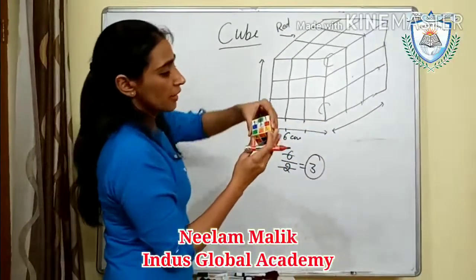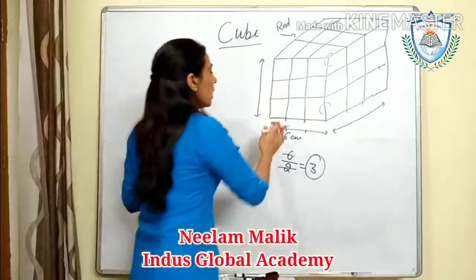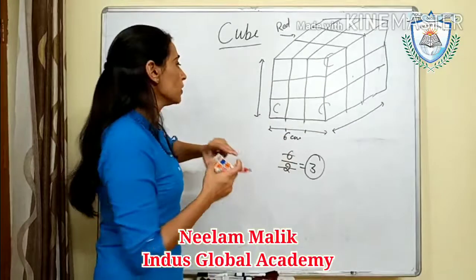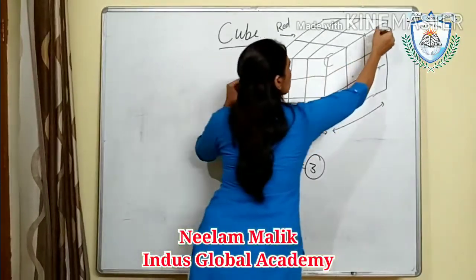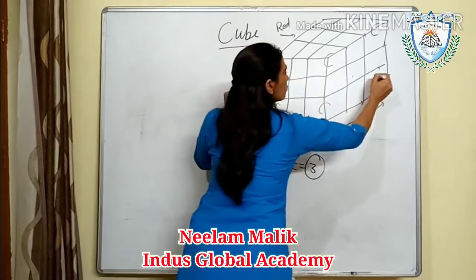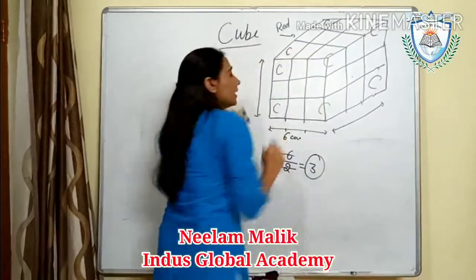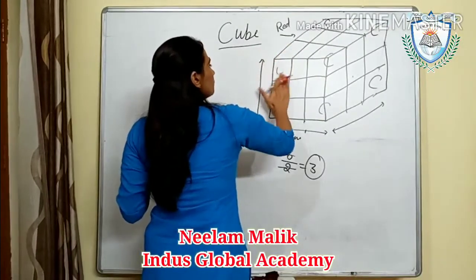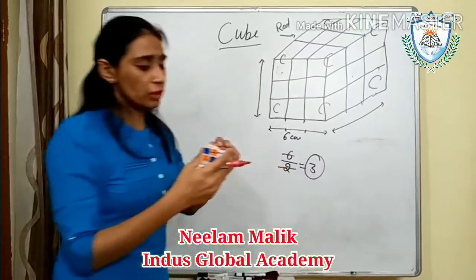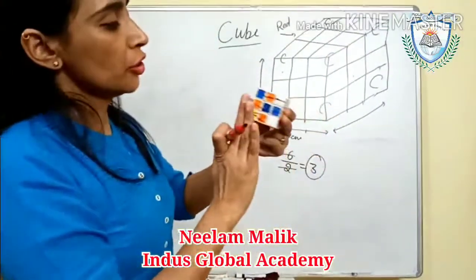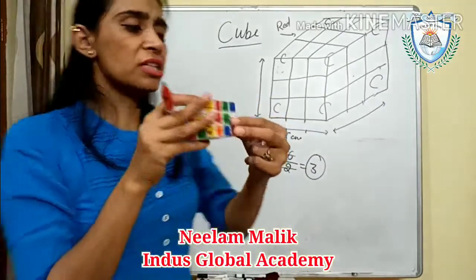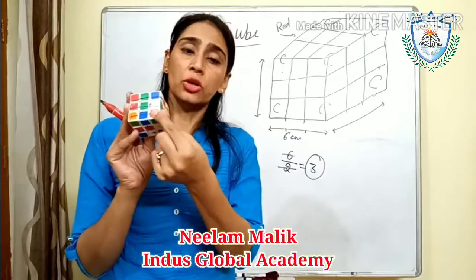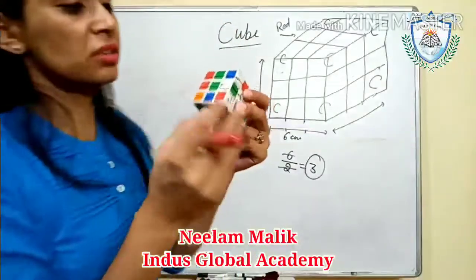So the bottom is also colored. Now this is also colored. One side is visible to us, and that side and the bottom side both are hidden. This is also a corner cube. Here is corner cube, corner cube, corner cube. Of the corners, only these three are visible to us, 1, 2, and 3. So these three are hidden, 1, 2, and 3. This one three-colored cube is completely hidden.